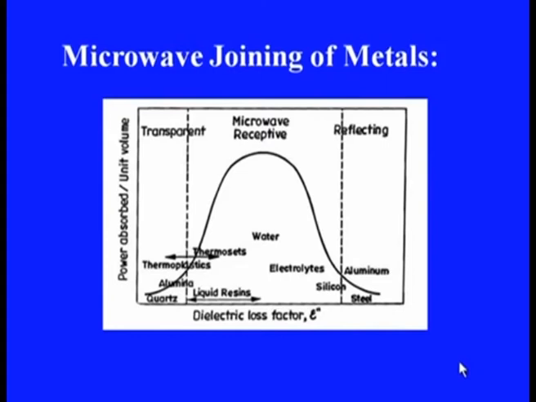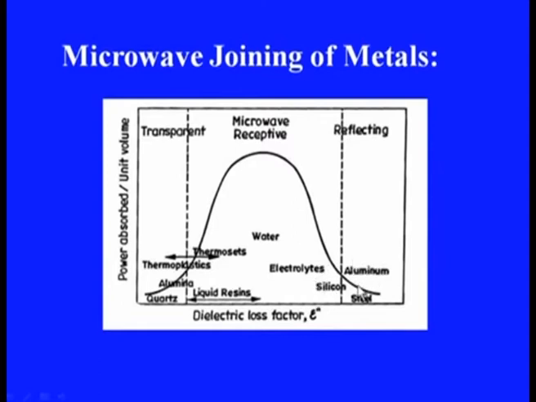As this curve is shown on the screen, we can see the power absorbed per unit volume of the materials. This is very high for water and low for materials like alumina, thermosets, thermoplastics, etc. This alumina is nothing but a ceramic, and it is also low for materials like aluminum, copper, silicon, steel